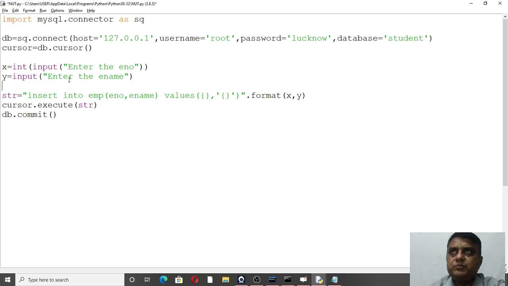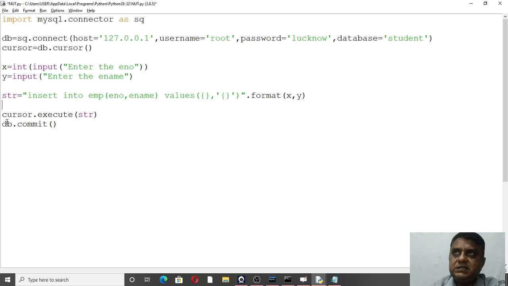Then the name of the employee, enter the name, and store it in the variable y. Now there is a string to insert values like ENO and ename. You want to get these values from the user and store them into the database.